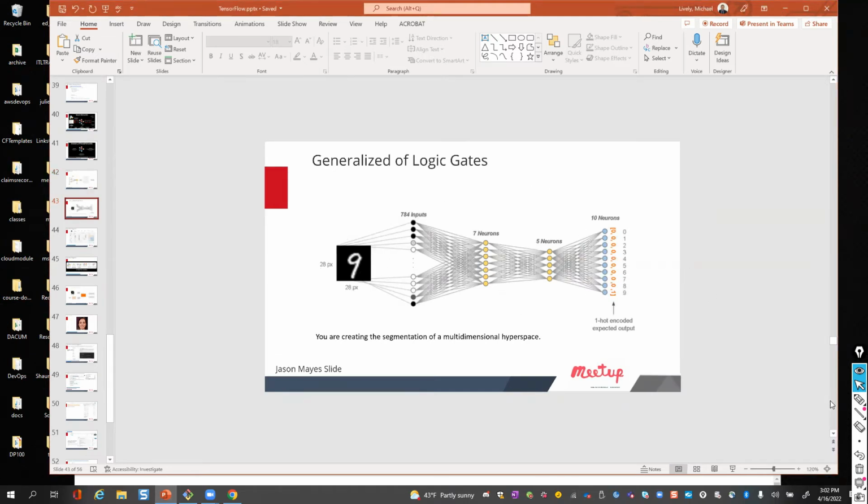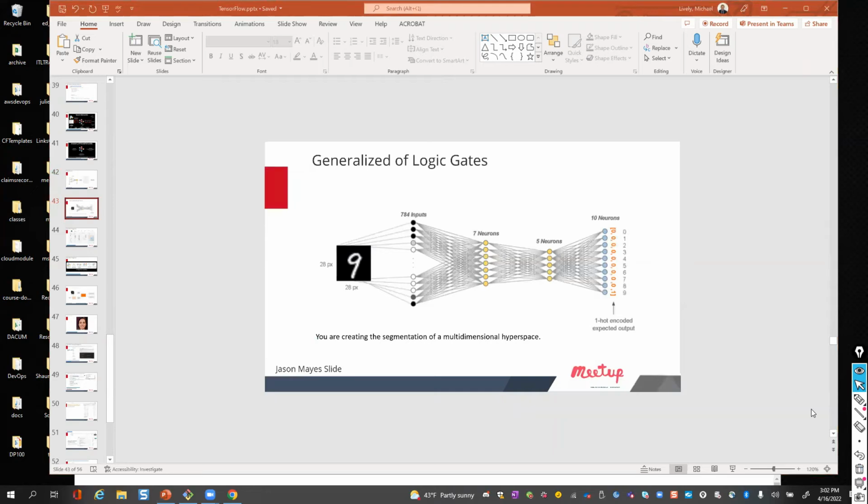And right here, this is using one-hot encoding. What one-hot encoding does is interpret the output as a 1 and all these zeros. And so if you get a 1 here, it's a 1. If you get a 1 here, it's a 5, or if you get a 1 here, it's a 9. So it's relatively simple to understand one-hot encoding, but you'll hear those words whenever you take any of these cloud exams. All those concepts are important.